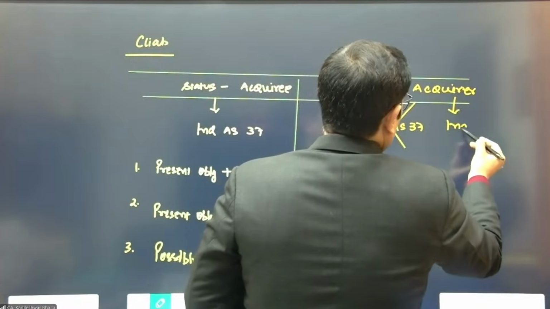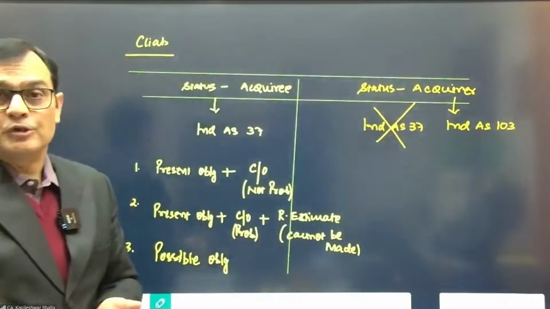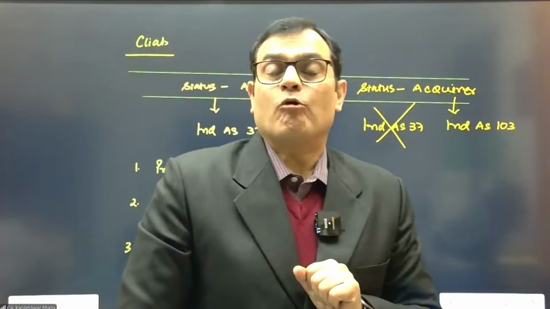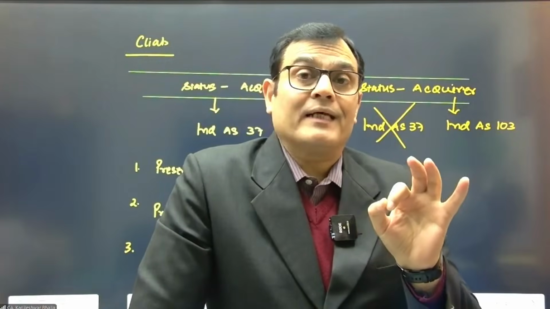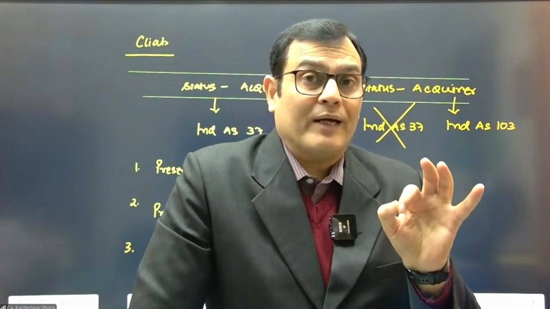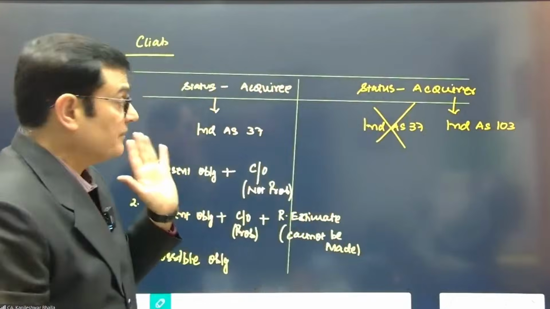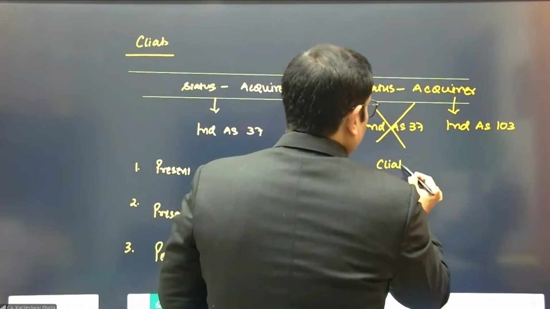He is supposed to apply the parameters of Ind AS 103. So you can say Ind AS 103 overrides the requirements of Ind AS 37. So as an acquirer, when I acquire the business of the acquiree, I will apply the parameters of Ind AS 103 and not 37, which means I will capture those contingent liability